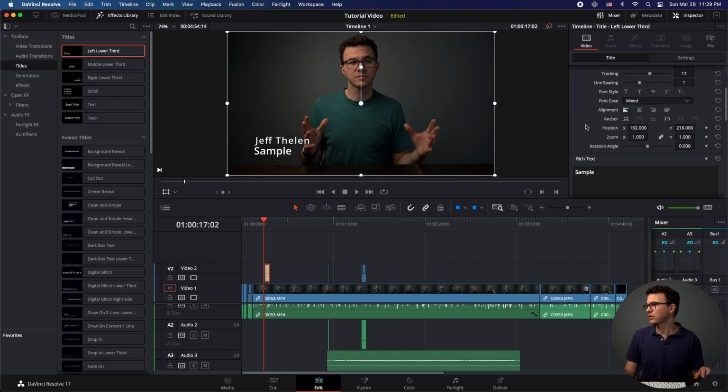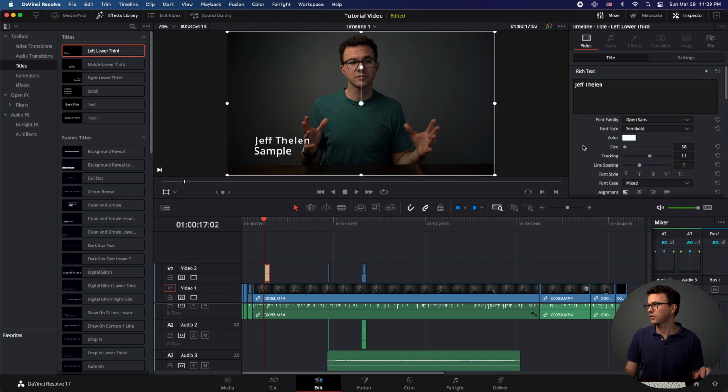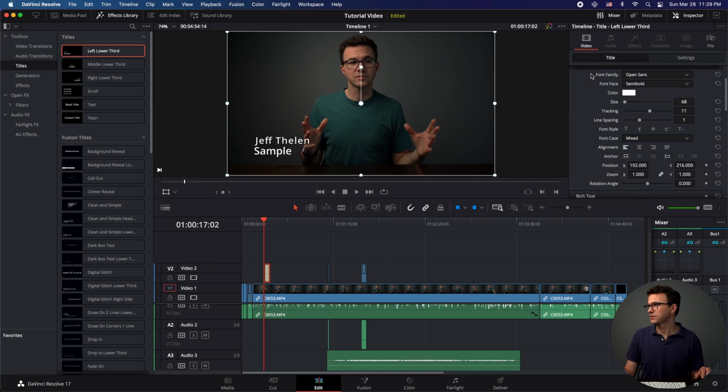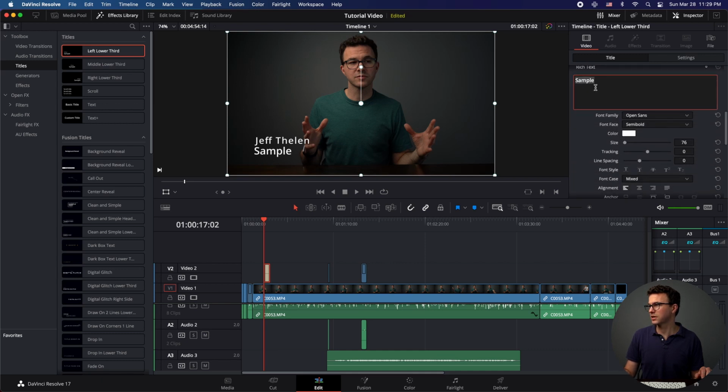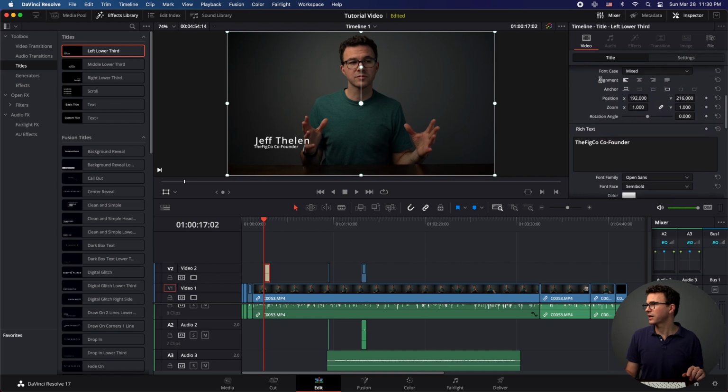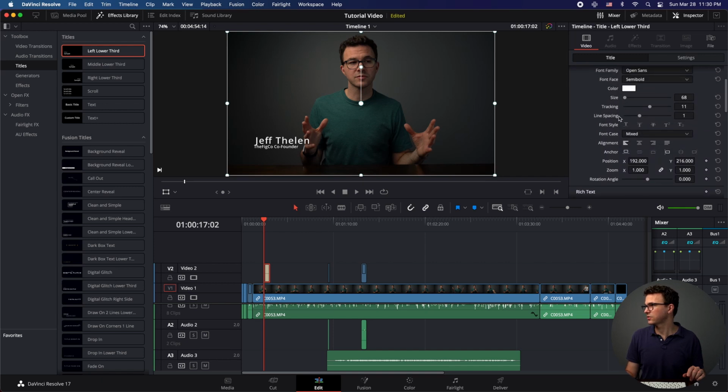And then if I scroll down further, you're going to see, so you saw here was rich text title, and then here's the rich text for sample. So co-founder. And then maybe this one I want to be quite a bit smaller. So something like that. And then if I want to go back up here, let's see if I can do a little bit of line spacing.